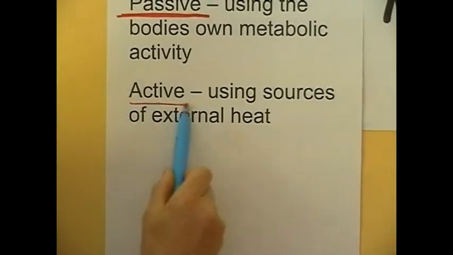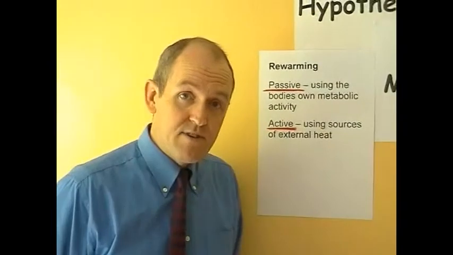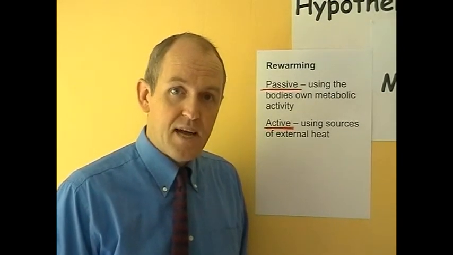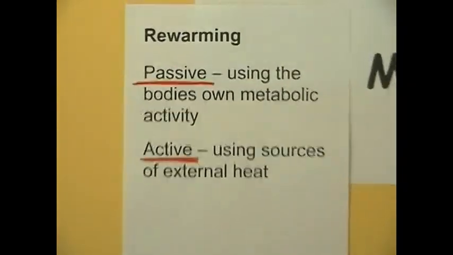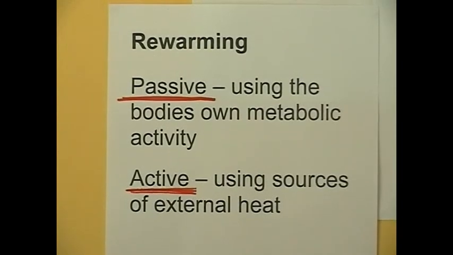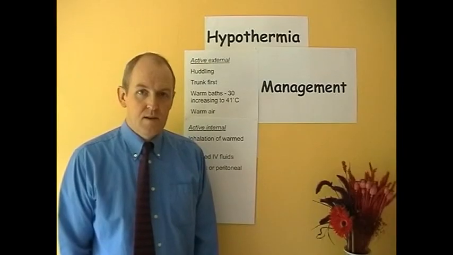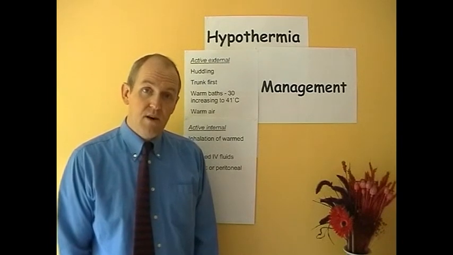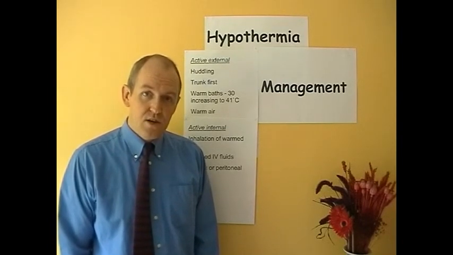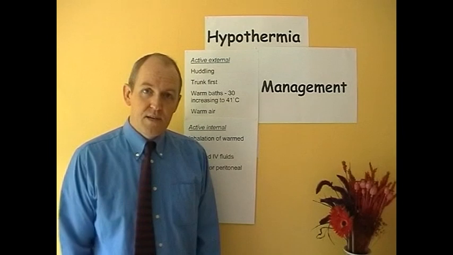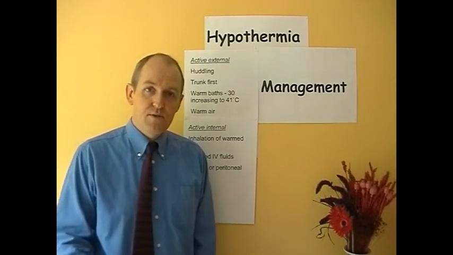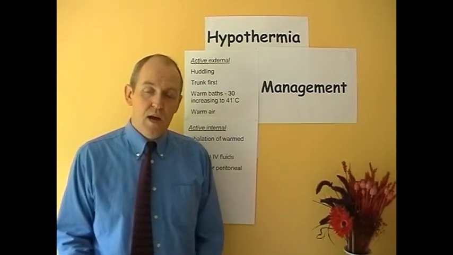The next is active. And in active rewarming, we actually give the patient heat in some way. External heat sources. Now, active rewarming can be divided into two types: active external rewarming and active internal rewarming. Now, active external rewarming means that you put in heat from some other source into the patient via the surface